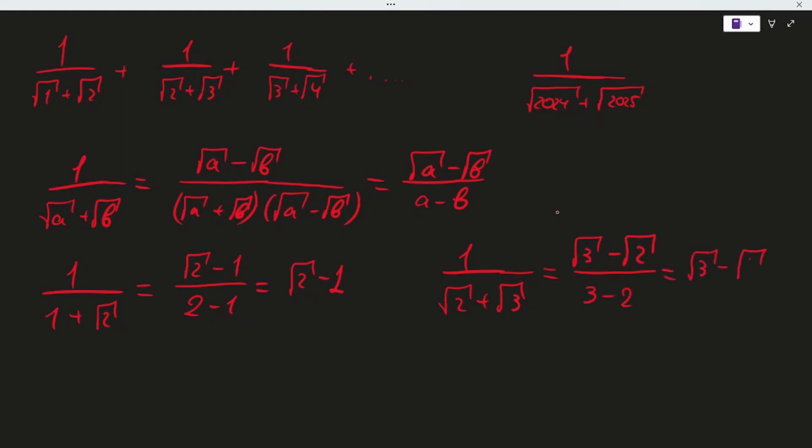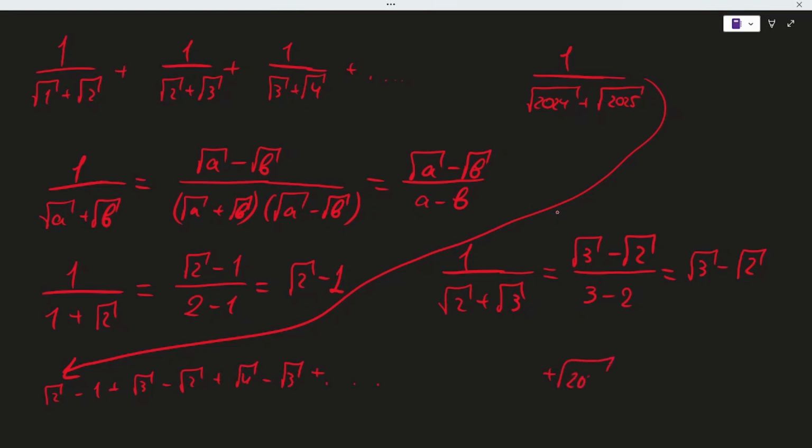And if we apply the same technique for every term, our sum can be rewritten as root 2 minus 1 plus root 3 minus root 2 plus root 4 minus root 3 and so on. The last term will be plus root 2025 minus root 2024. And we can easily see that most of the terms will be cancelled except the first negative